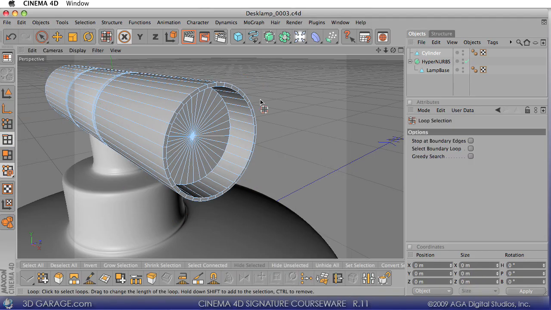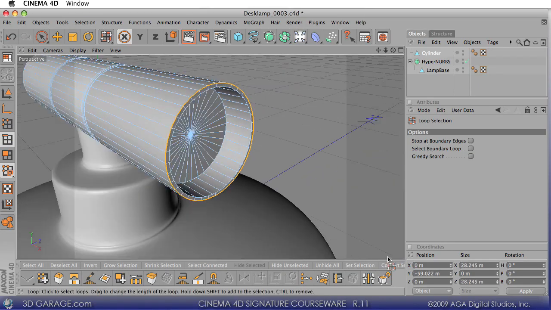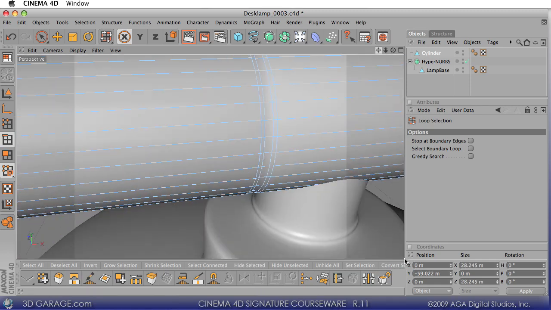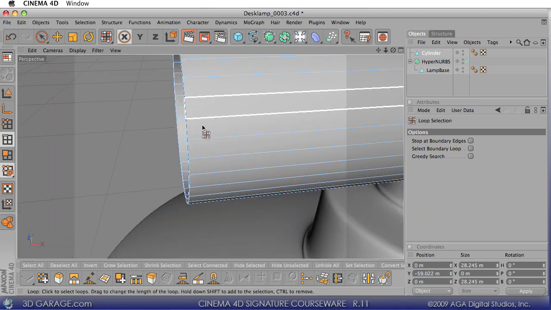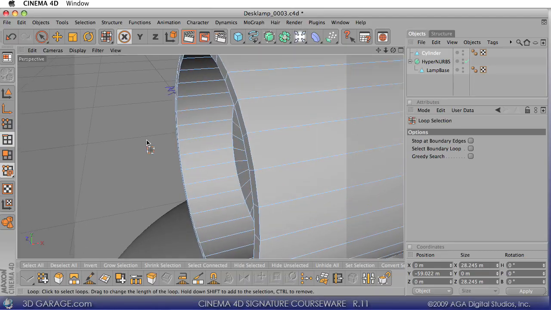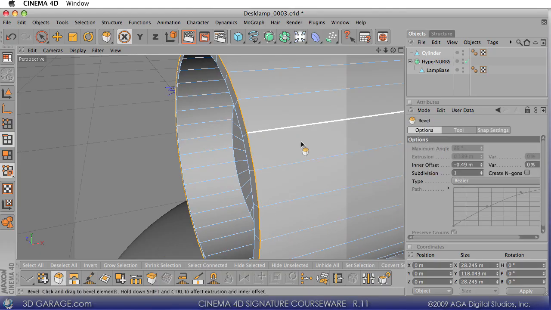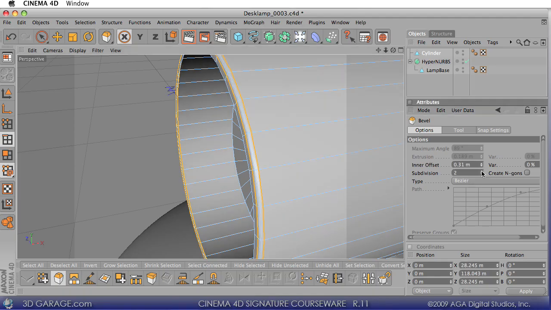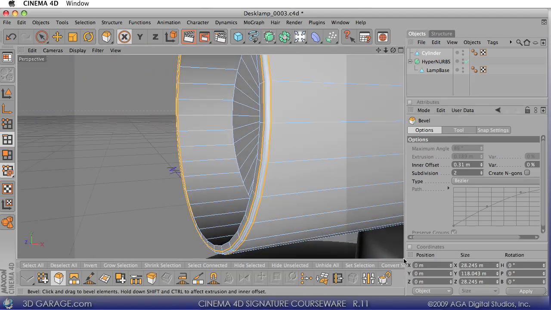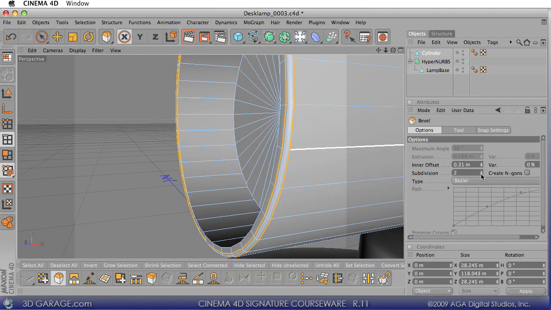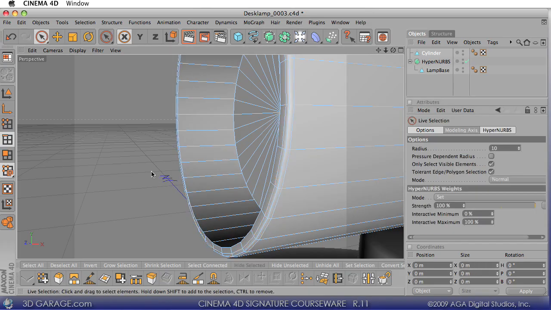Press the U and then the L again for your loop, and you can come in here to this outer edge, and then we'll back up to the other side. Hold the shift key and add to the selection. Okay, come down here to bevel, and in this case I'm just going to click and drag, but I want to give it a little subdivision. So down here in the attributes manager I can add some subdivisions, and I think 1 or 2 should be fine. Okay, it's going to add a little bit of detail, probably just 1 because we're going to put hypernurbs on here. Just 1 like that. Okay, and then we'll deselect,